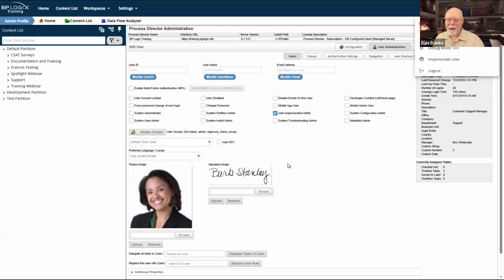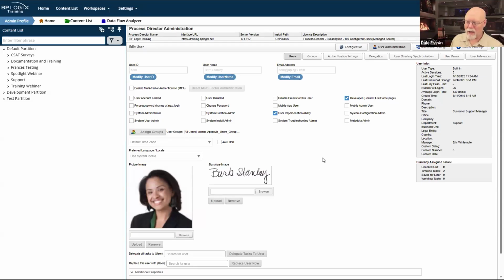So I can impersonate somebody, but I don't get any more power than I currently have as an implementer. So I can't impersonate a system administrator anymore and become a de facto system administrator and make changes to the system. So we've improved that, but user impersonation ability is really great. Usually if you have a developer, you're going to want to assign them both developer and user impersonation ability privileges. And now we can use user impersonation with much more confidence, knowing that they can't get system level permissions simply by impersonating another user.